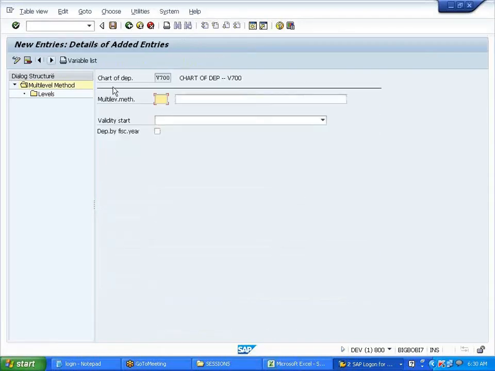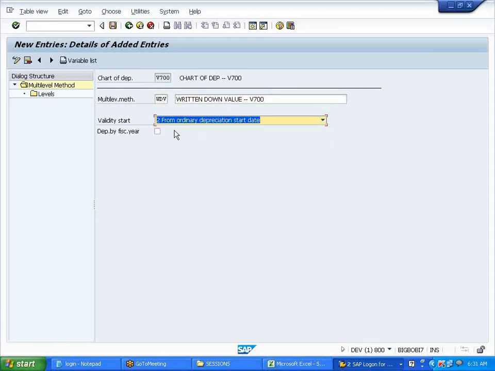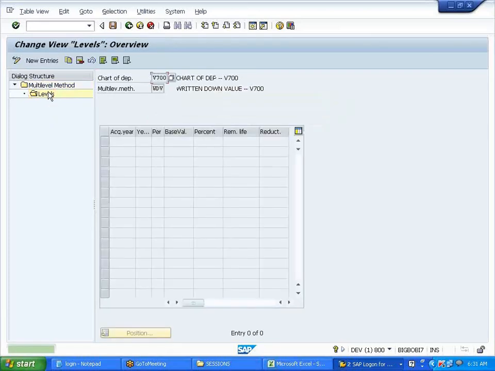Again, new entries. WDV, the written down value method, also called the diminishing method, I don't know, it has so many names. Written down value, V700. Calculation of depreciation from ordinary depreciation start date. Levels.